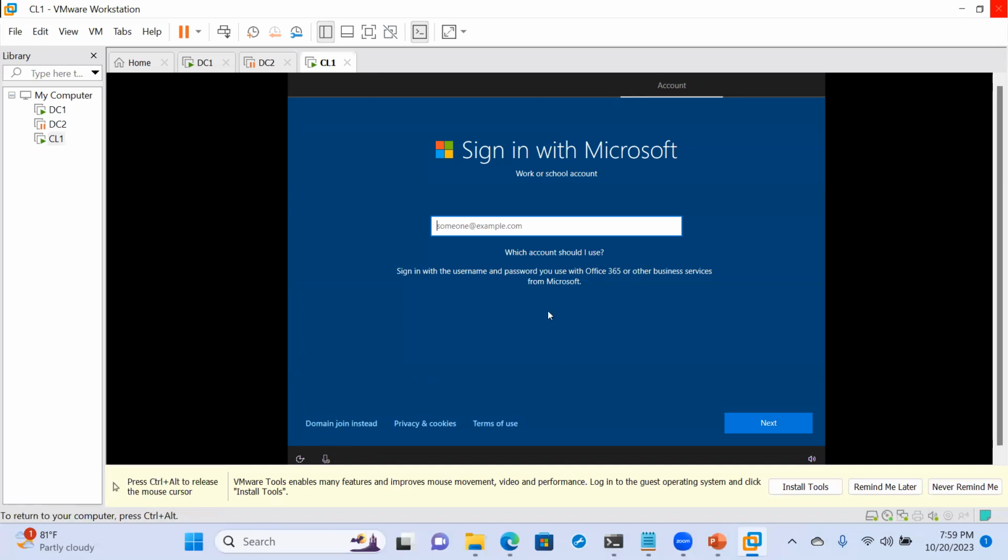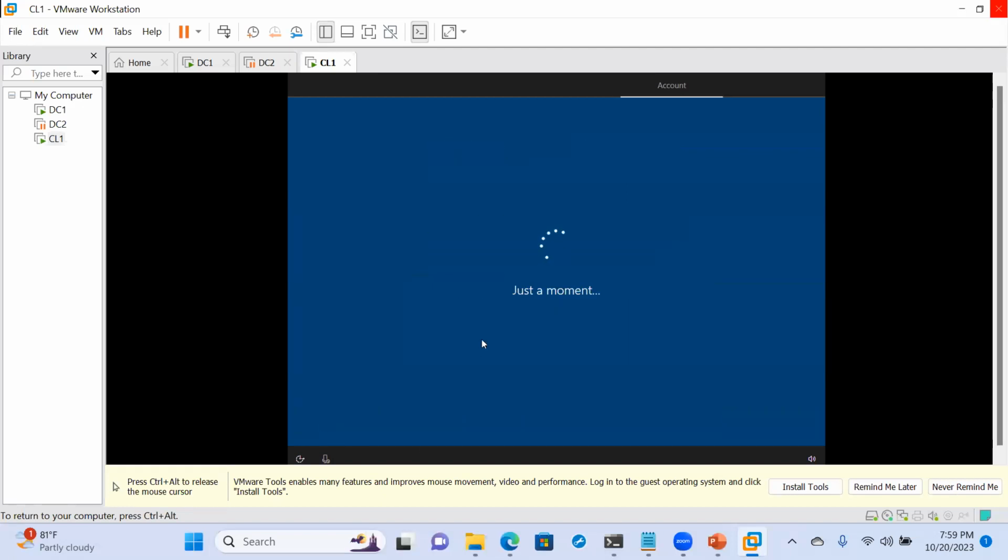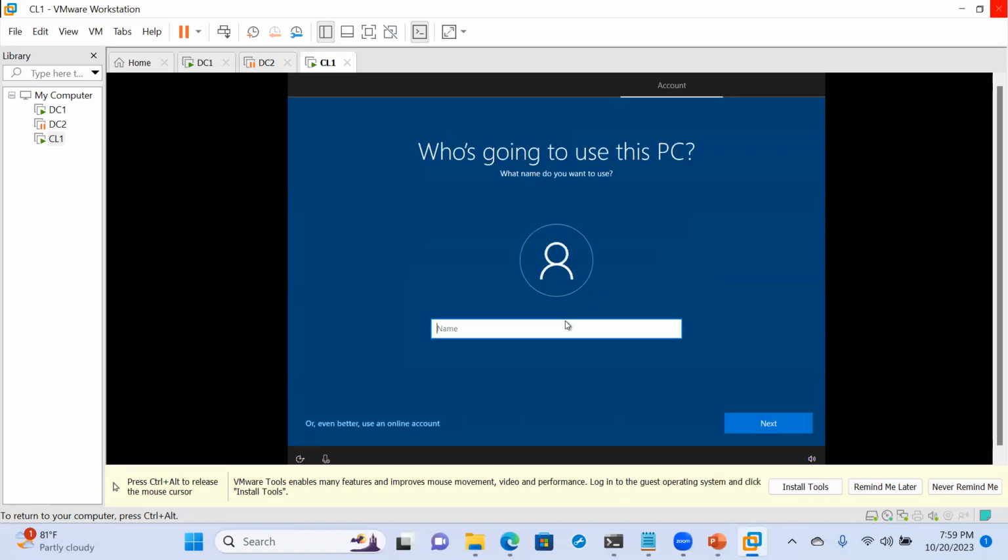But this should be able to allow us to go direct. Let me click next and see. Okay, join domain instead. Let's see if it's possible. Or even better, use an. So let me see if this will work. I'm doubting though, because